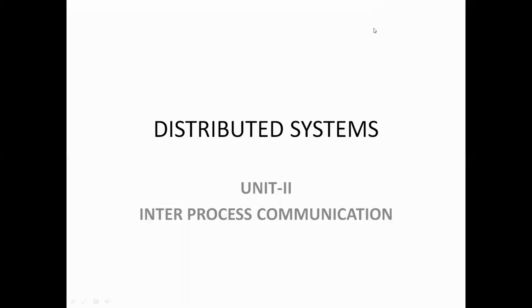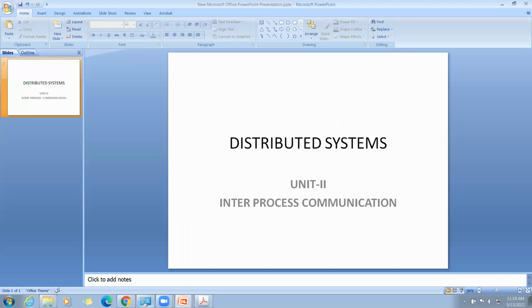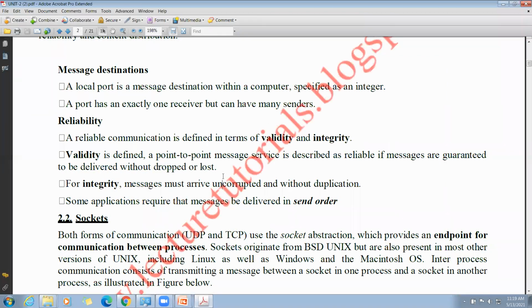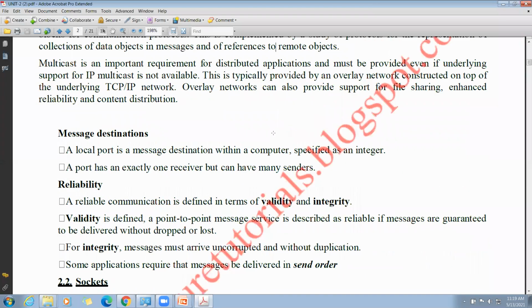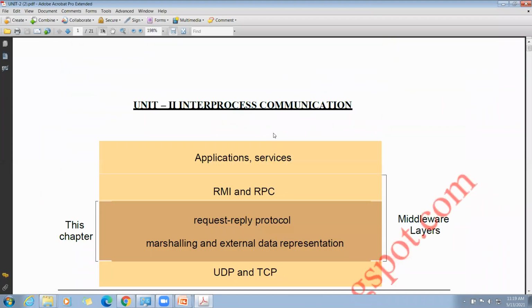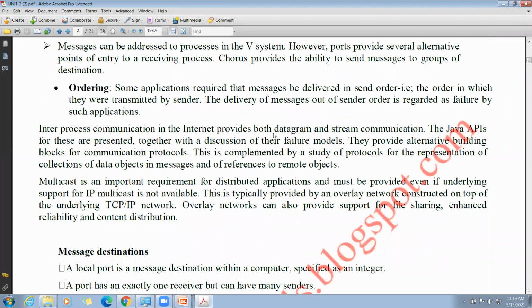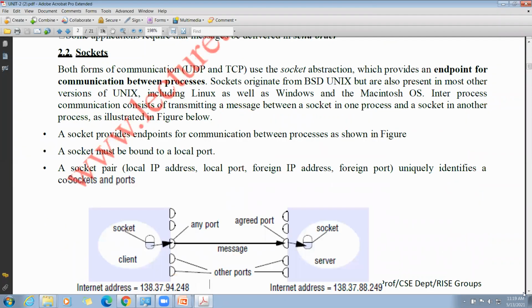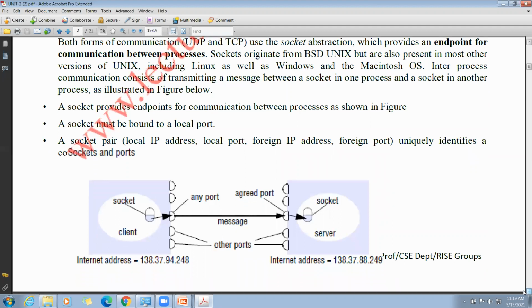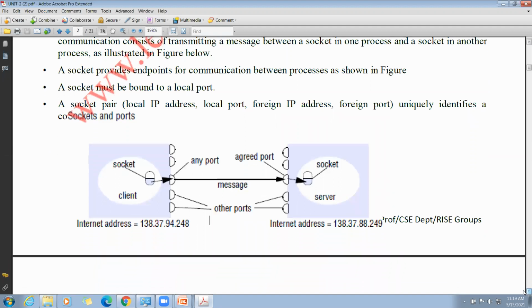Now we are moving to the topics of today's class. In the last class we discussed inter-process communication, and we started with what a socket is. This diagram represents the socket.